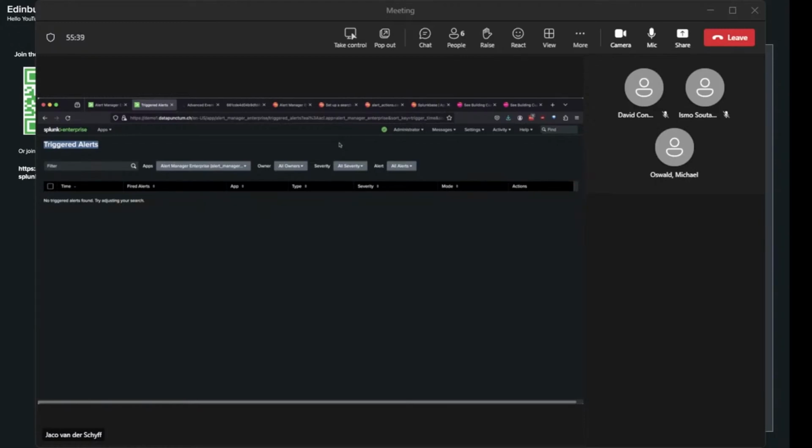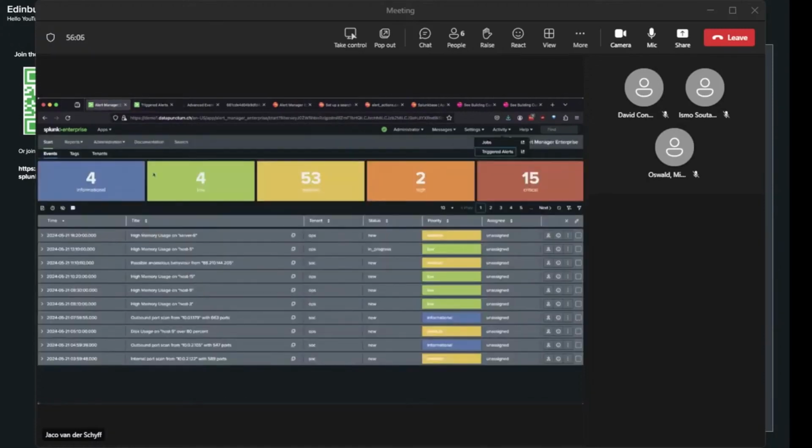A lot of the times people starting out with Splunk, that is something like an email notification. Maybe later on they upgrade to their incident management system. Maybe they have the Jira add-on and they send their alerts there, or they send them to ServiceNow, but out of the box, this is the functionality that is provided by the Splunk platform, the core platform. And what we have done is we've developed a Splunk application, which basically allows you to build an event and incident management system on top of Splunk.